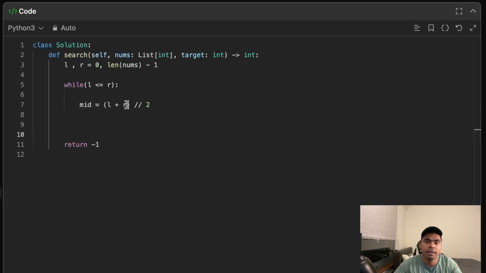So the better way of doing this is right minus left. This will give us the difference, and then we add that to the left pointer. I think this will give us our middle index. Right now these are pointing to the index. So let's check